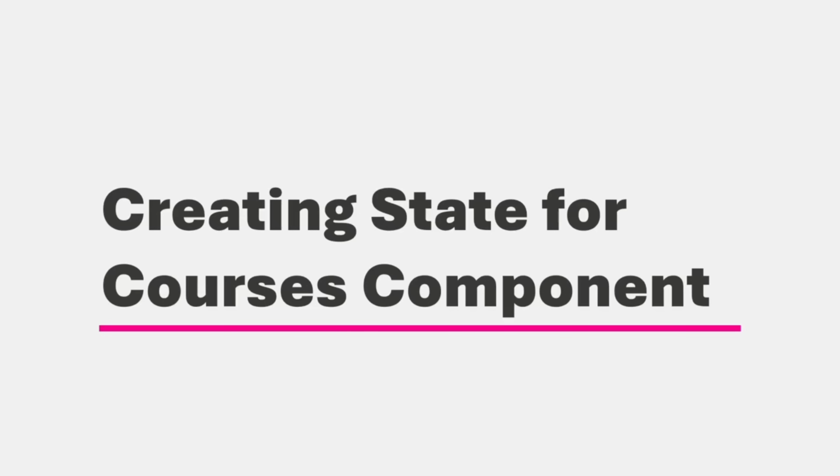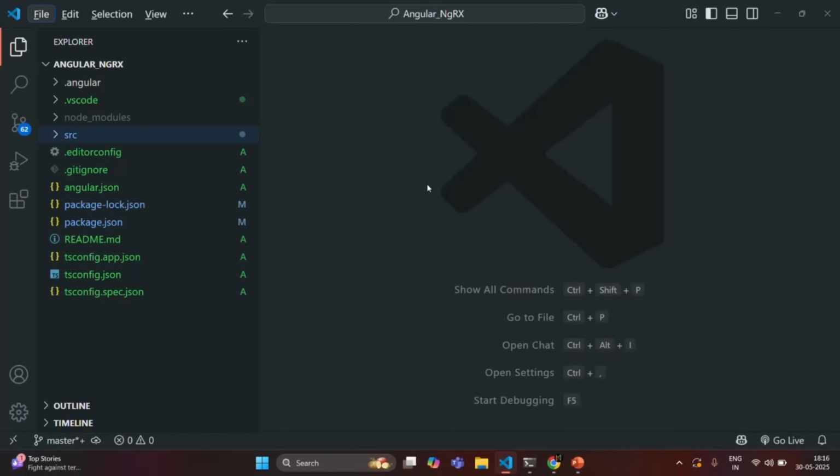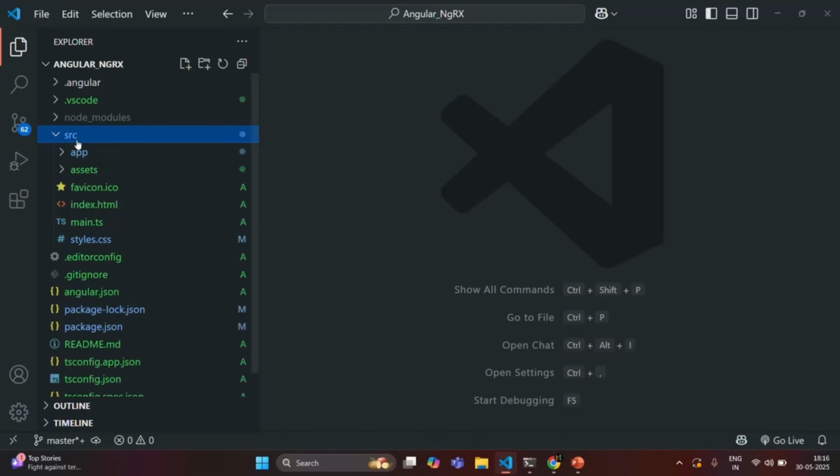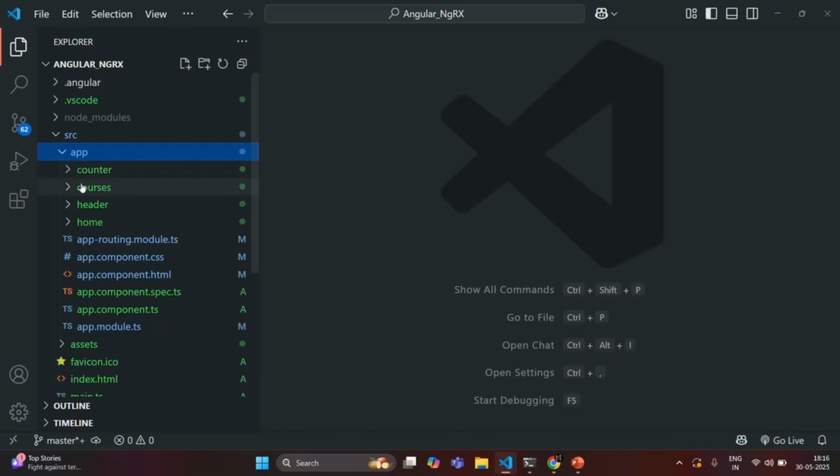From this lecture, we are going to start working on our courses feature. So in our application, we have created a courses component. Let's go to VS Code. So here, if I expand the source folder, and go to the app folder, there we also have the